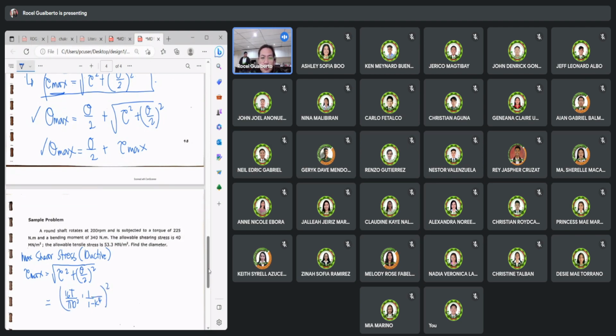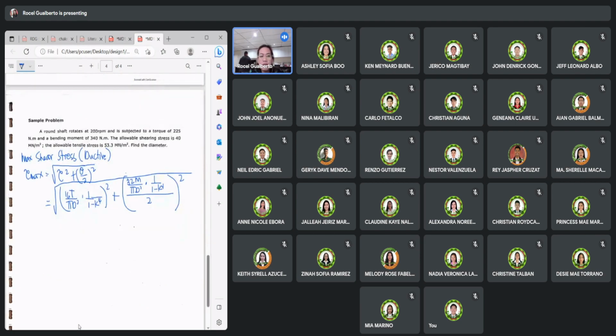And then, squared po natin. Plus, yung sigma. Ano po yung sigma equation? 32M over pi d cubed times the hollow factor, 1 over 1 minus k to the 4th, divided by 2 and then squared. And then you take the square root. Okay? Naintindihan? You look at this now. If you are to simplify this, this would become 16T over pi d cubed squared times 1 over 1 minus k to the 4th squared plus,